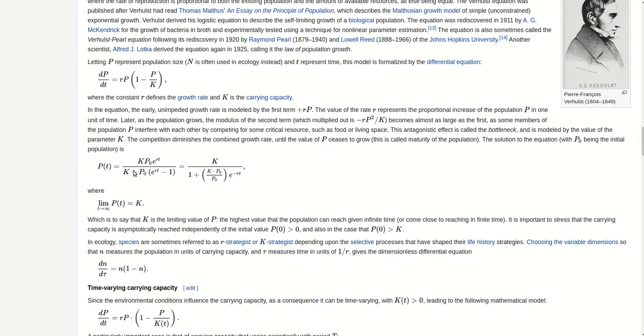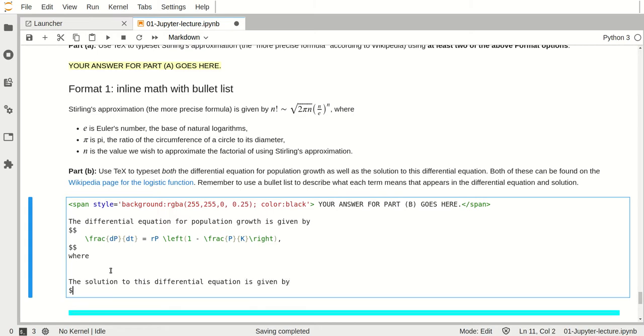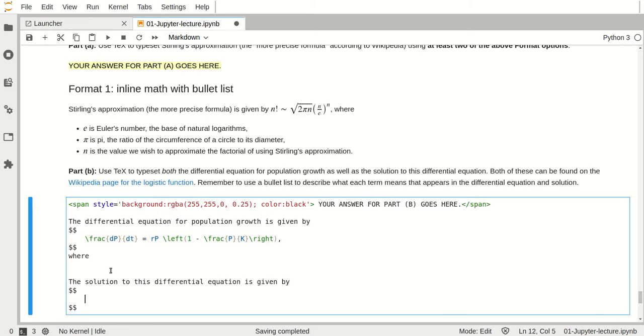P of t, so t is time, is equal to the carrying capacity times the initial population, that's P naught, e to the rt, divided by K plus P naught times e to the rt minus 1. So let's go ahead and start writing that. So the solution to this differential equation is given by, I think this again looks best this way, P of t,